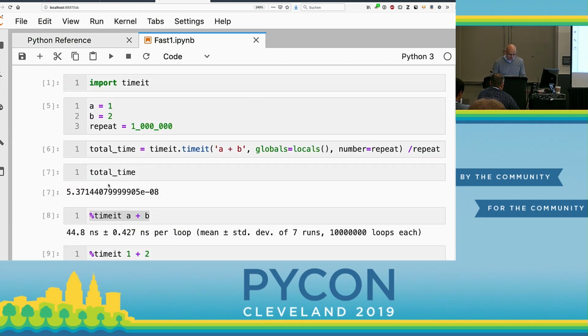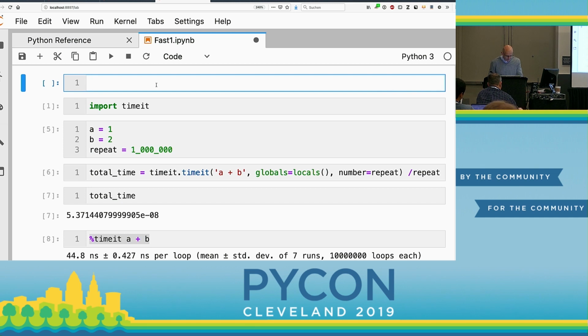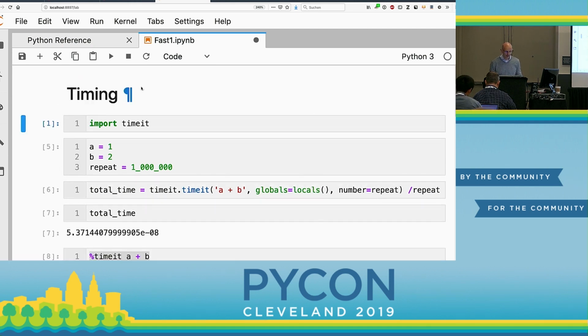Okay, so actually I can develop my notebook here. For the first one, I can use Markdown. You see, I changed the cell to a Markdown cell up here, and now I can use Markdown. So how did I insert a cell? Escape A and Escape B. So if you haven't used the